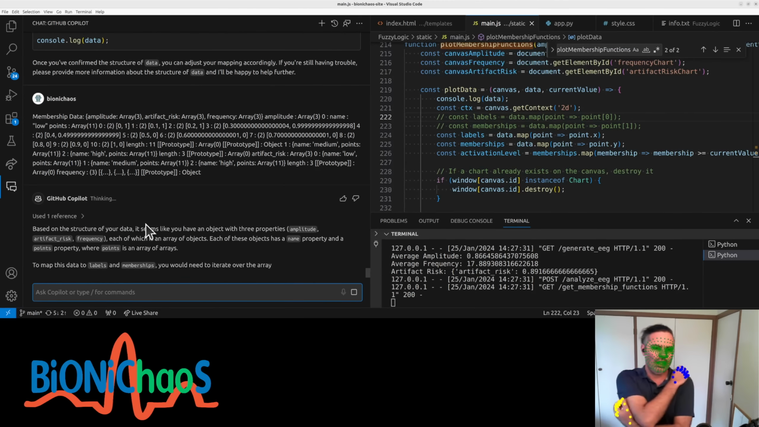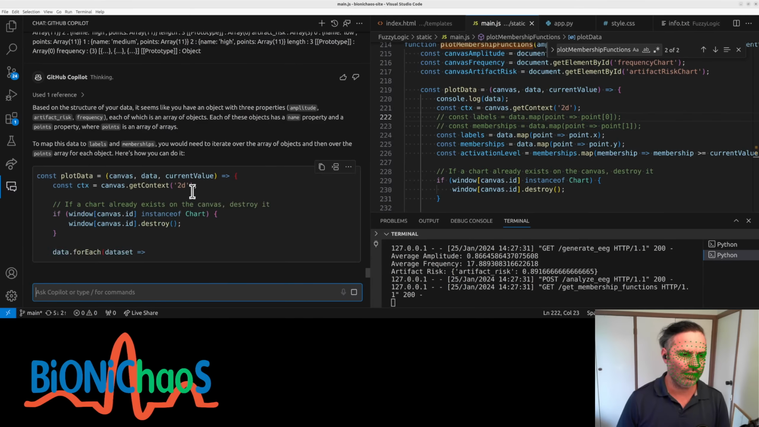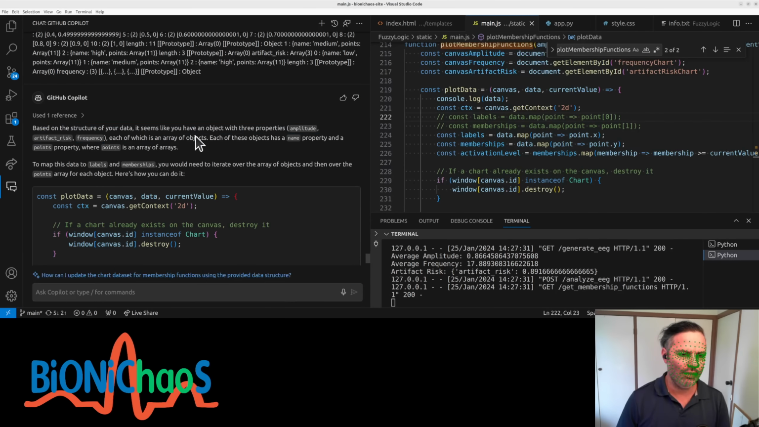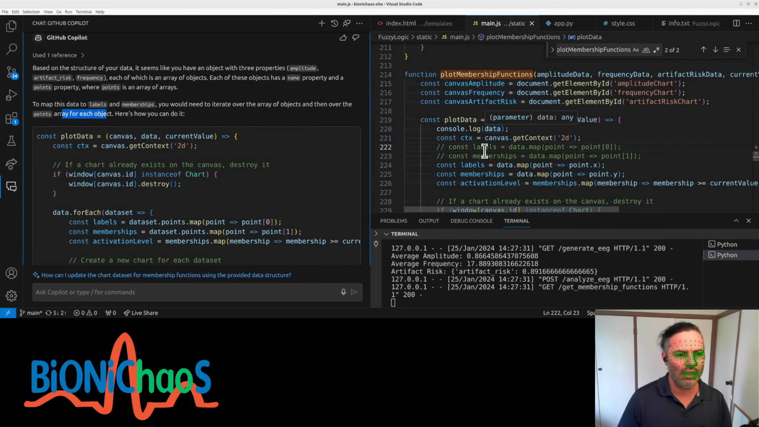Based on the structure of your data, we have an object with 3 properties: amplitude, artifact risk, and frequency, each of which is an array of objects. Each of these objects has a name property and points property, where points is an array of arrays. Don't like array of arrays, but okay. To map this data to membership, you would need to iterate over the array of objects and then over the points. So in plot data, canvas, ctx,